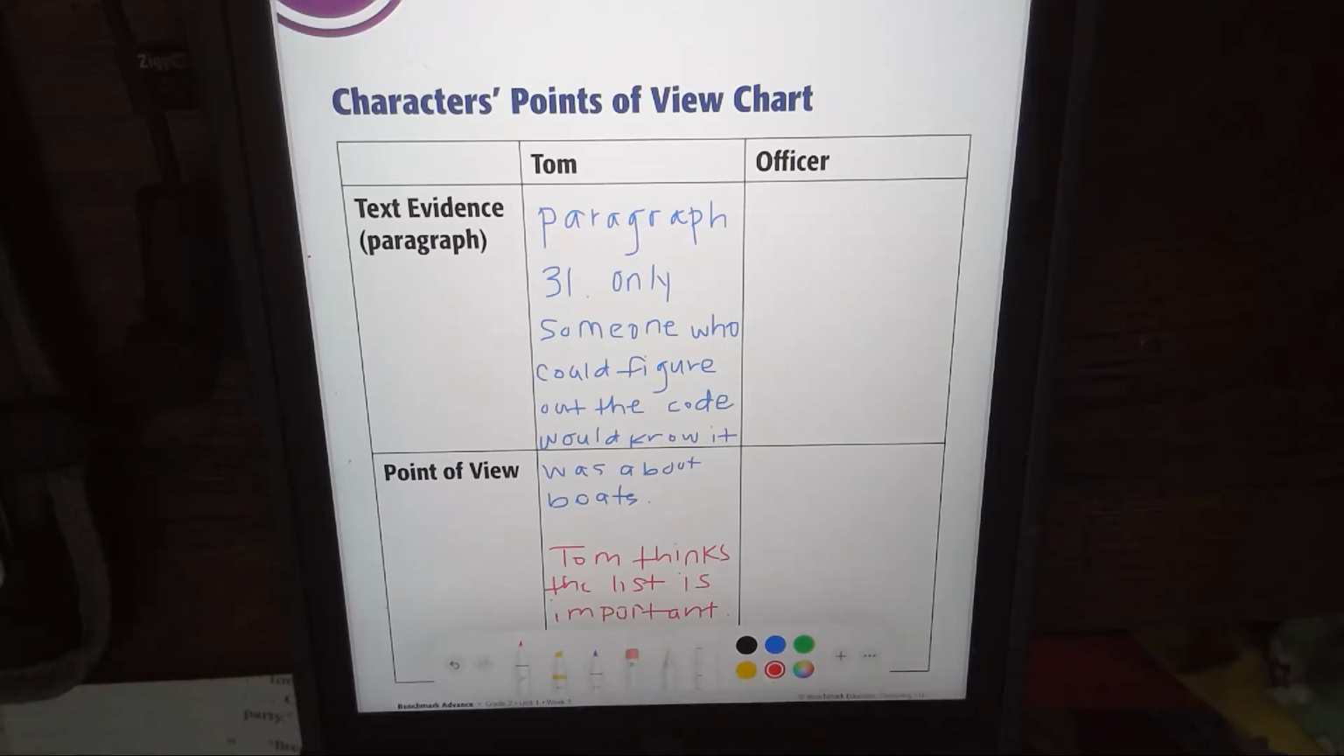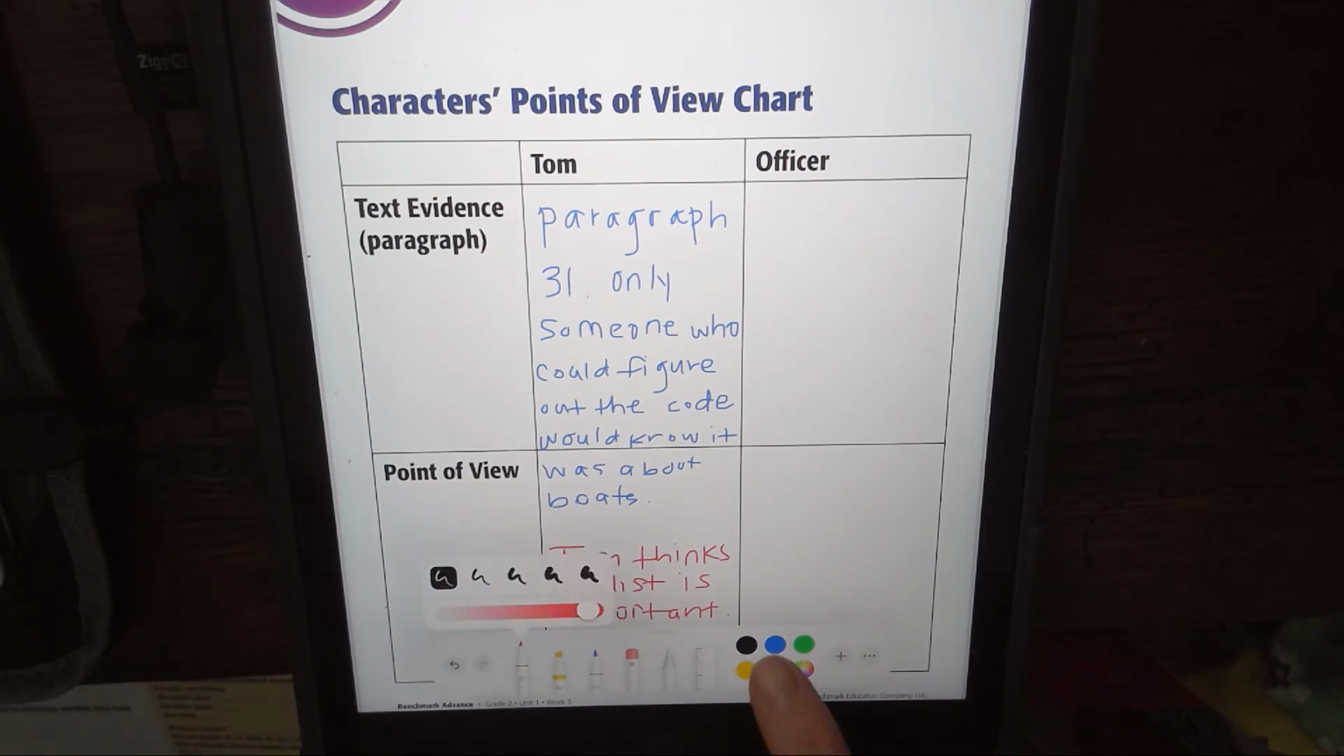Now, when we think about the officer, we know he found it to be amusing. He was sort of making fun of Tom, thinking that, what kind of party is this going to be with just bread, cheese, and jam? Probably thinking that he is a struggling family and that's their Christmas, is to have bread and cheese, and that's it. So in paragraph 30, we could add, for my writing,